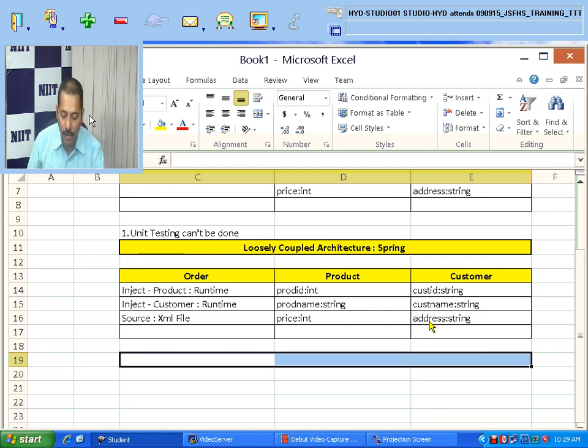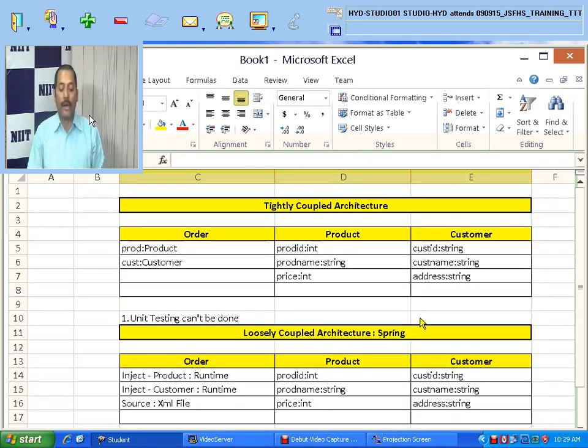Is it clear now what tightly coupled architecture and loosely coupled architecture are all about? Any questions here? I want everyone to respond. Please respond.